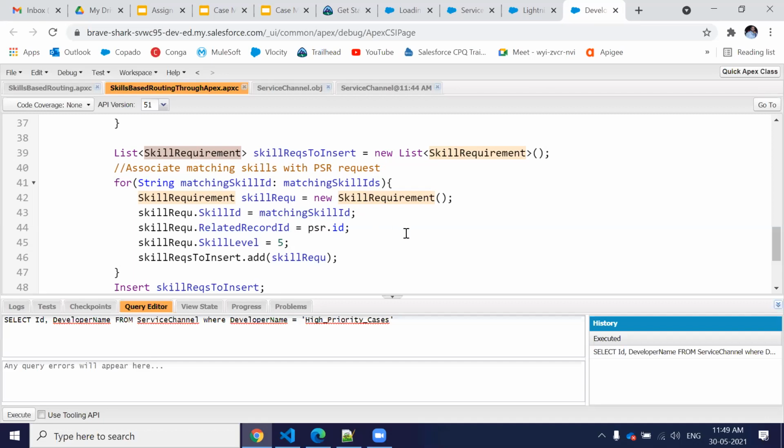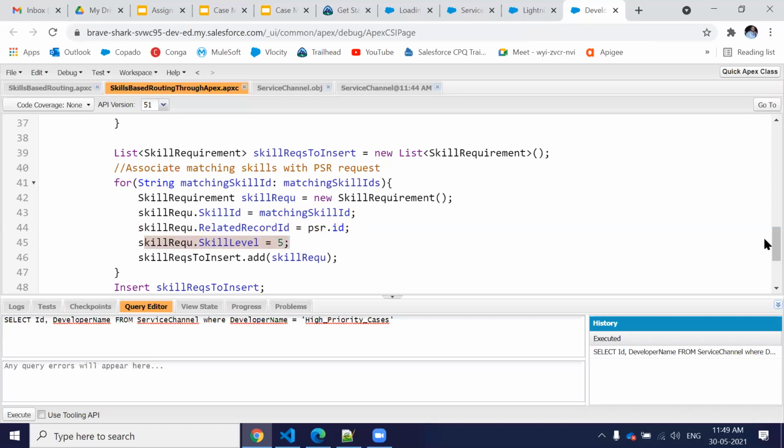So again, I have created a list and I'm just iterating over that skill strings list. And while I'm iterating, I'm creating that skill requirement record. To create a skill requirement record, these are the mandatory values. You have to provide, first of all, the skill id, then the pending service routing record id, and then the level of skills.